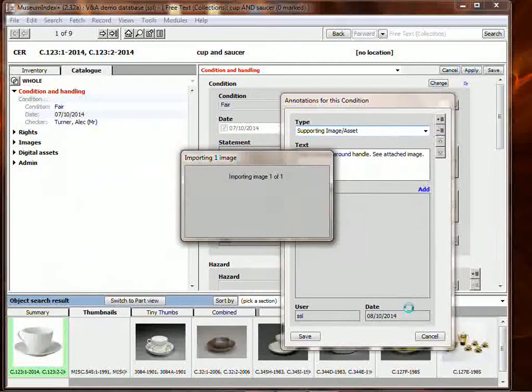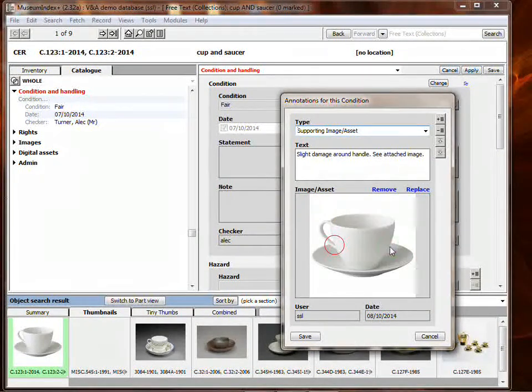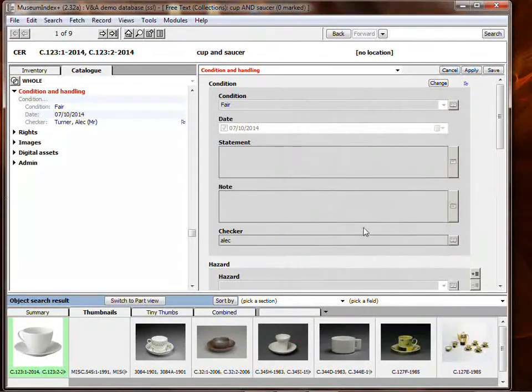When I open that, it does the same thing again. It imports another image into the system, creates a metadata record, creates thumbnails, those kinds of things. And that image is now associated with this annotation. It's also recorded my username and the date that I added the annotation. And if I save that and then save the record,